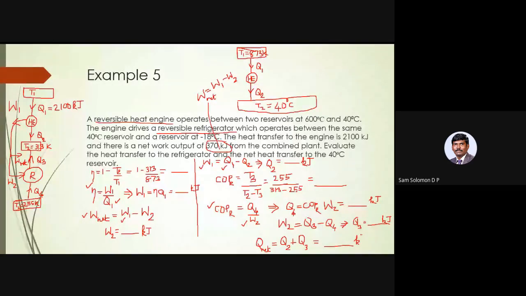Okay, it's only lengthy, but if you look at it, it's very, very simple. Very simple equations that you have, and it is very easy to solve this problem. Nothing complicated here. If you just go by the steps, if you are able to draw the line diagram properly, then half of the question has already been solved. The rest is quite simple. You just have to go step by step. Patiently, if you do that, it's quite easy. Hope you guys have understood this.